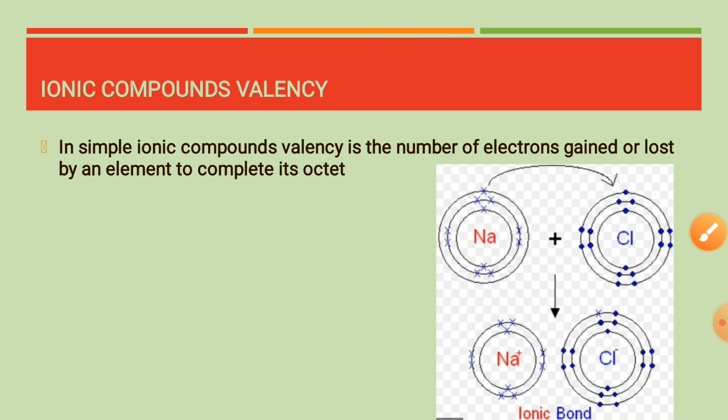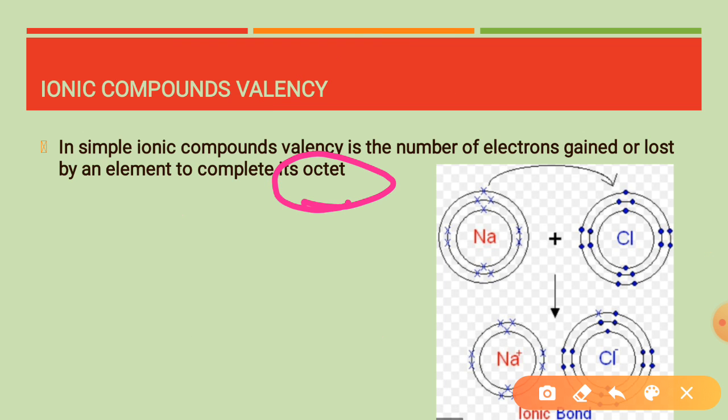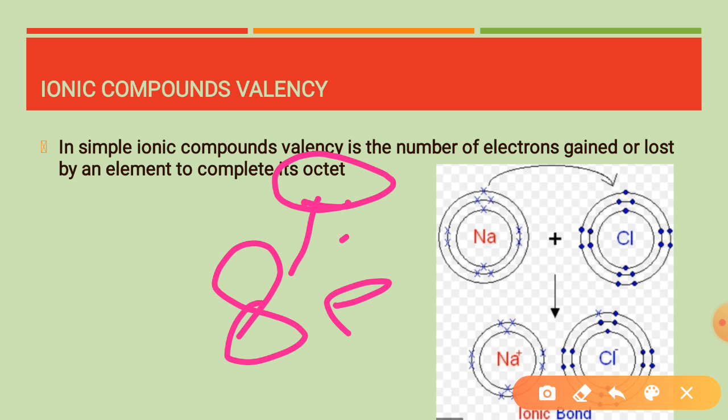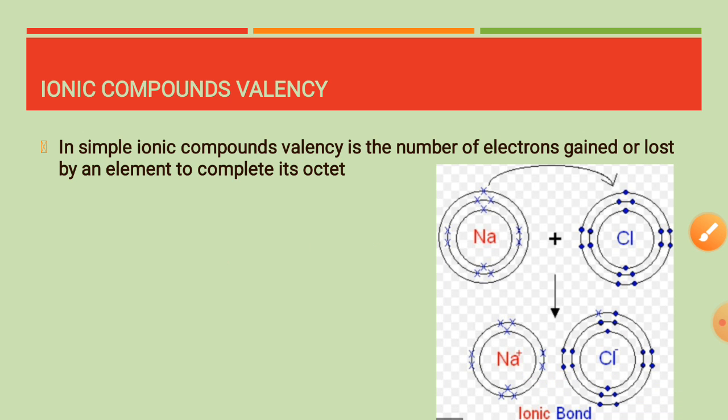Now, what is an octet? As the term shows, an octet is 8 electrons. The next stability level is to gain 8 electrons. When we talk about an 8-electron system, there is more than one shell, as you can see in